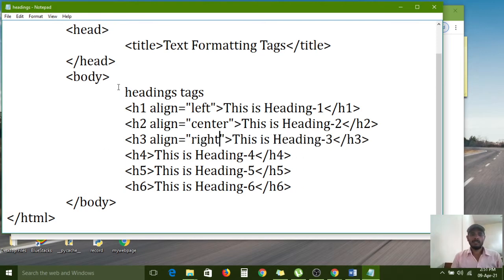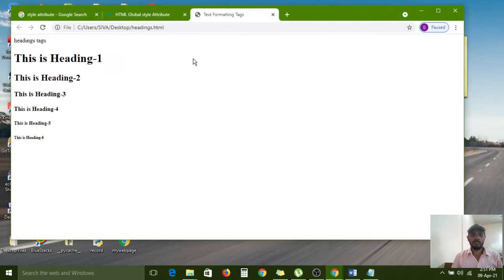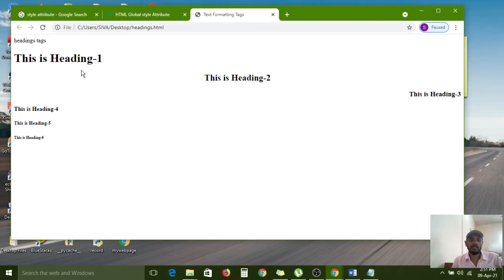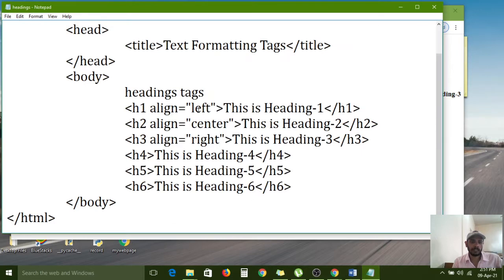Like that, the first three headings I configured. The remaining three I ignored. If you want to use any alignment then you can apply it by yourself. All of you carefully observe. And this is the complete web page now. By default, if you give it or not, it is left alignment. For your understanding purpose I just gave the alignment here.